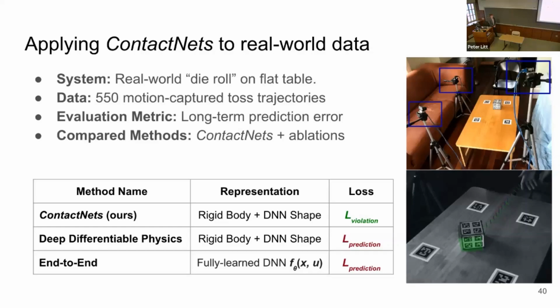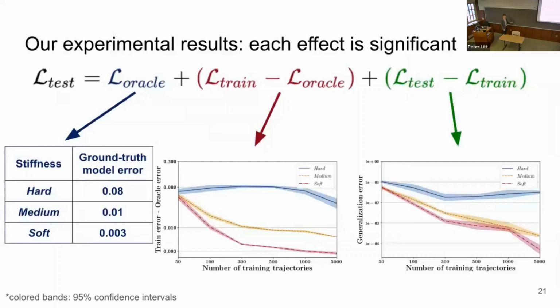So we'll just quickly jump up to 40. Okay. So we'll jump up to this slide. When we did the simulated experiments to measure stiffness's effect, this is quite a light connection. But we have this factor graph, April tag tracking system we use to do the motion capture, which gives us uncertainty estimates. And from those estimates, and also from manually looking through the data, we were able to get rough approximations about what level of error exists in our real world setup. And then we did mirror that in this simulation setup.